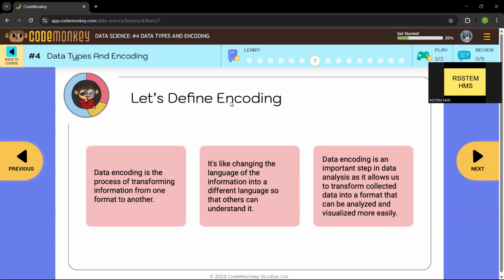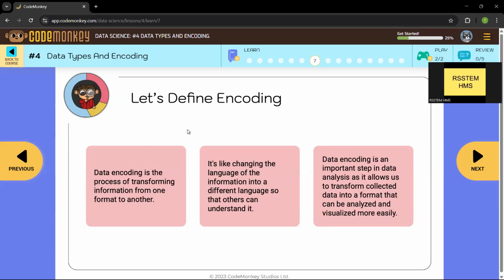Encoding is like translating one language to another. Japanese text is not useful to us; we cannot extract any data out of this text that is written in Japanese. But after you translate it into English, suddenly the data is very useful to us because we can read it, we can analyze it, and